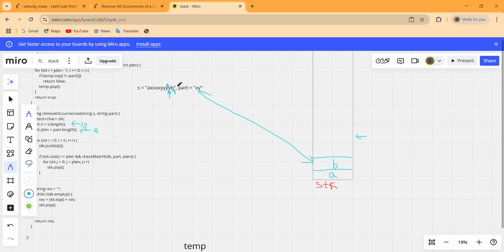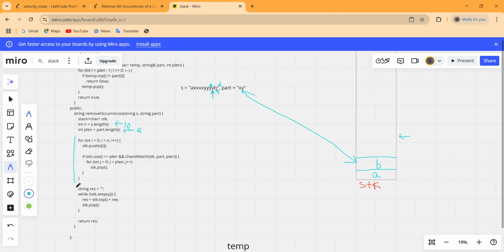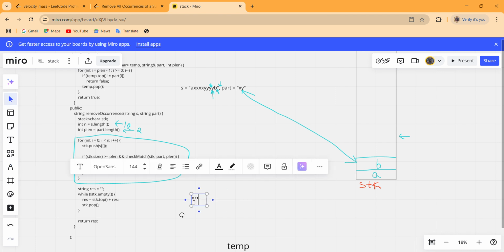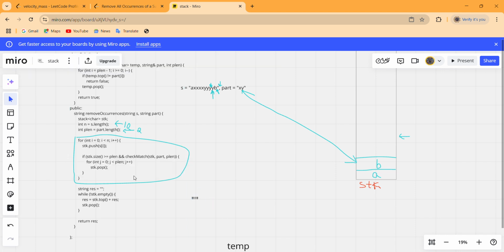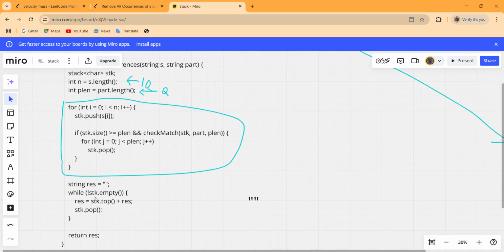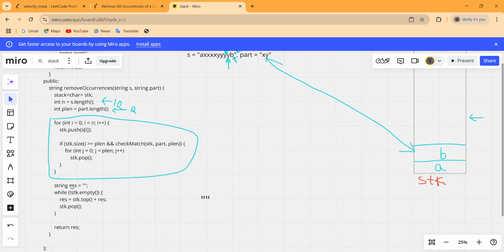And again we have to increment our i, then i will point to an invalid location, and this for loop will now get completed. So these statements are now executed. We will create an empty string first, this is an empty string, and we will run a loop while the stack is not empty. The stack is not empty right now, so we will take